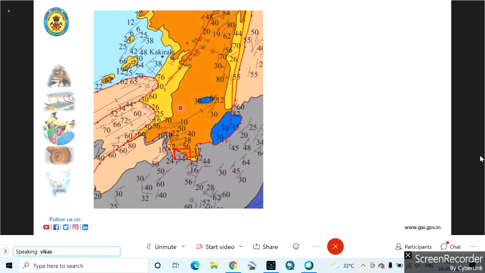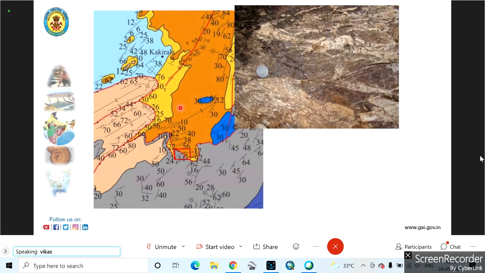Next. Some more structures you can notice to further understand whether that is a thrust plane or not, or a brecciated or faulted area. Because sometimes similar types of lithologies will be there and you have to differentiate between them by the tectonic contact. Like here you can notice a lot of silicification has happened. Next.